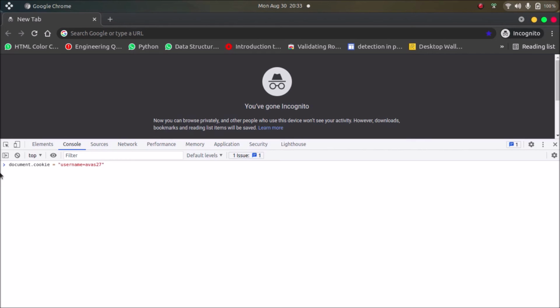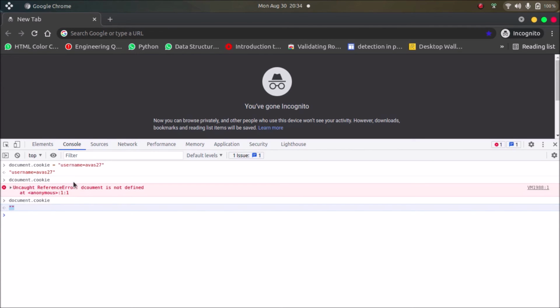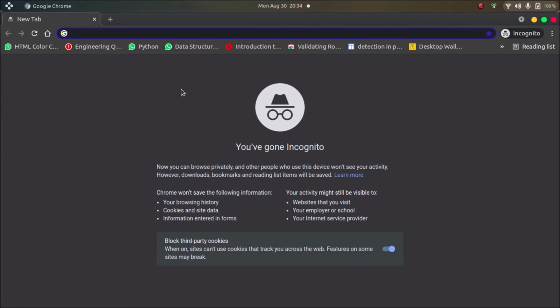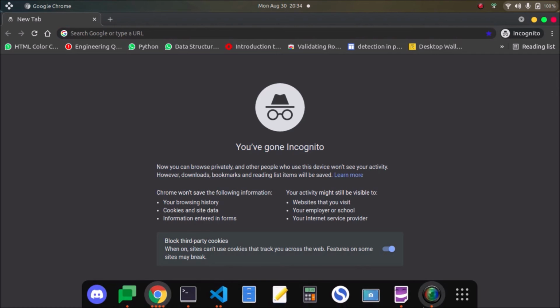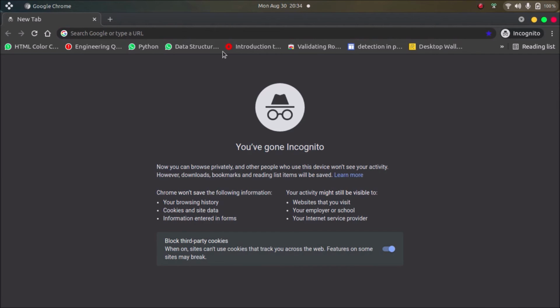Okay, so here we have added one cookie, and now to read the cookie, document.cookie, and it will give us the data. Okay, so I have written a wrong spelling. Okay, so here we are getting an empty string, not the value. This is because a cookie will always be stored on the website or web page running on a web server. So let's see how we can do this.